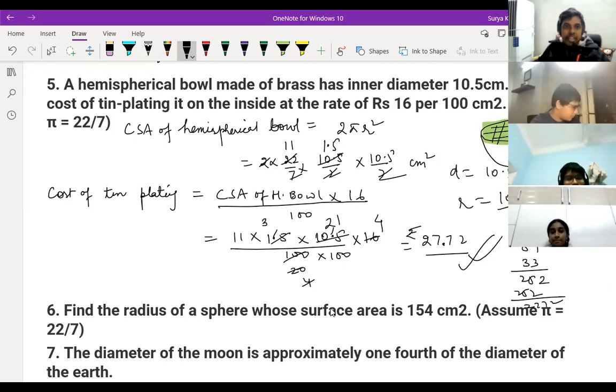You understood, children, why I have not cancelled this here? Because it's down part is easier to cancel out. That's why I have not cancelled on the top. If you multiply only this yellow part here, it becomes so big. Again, you should divide by 100 and multiply by 16.